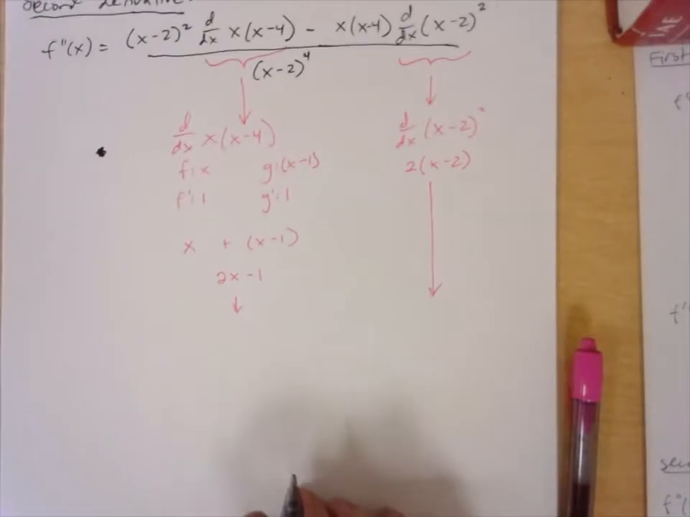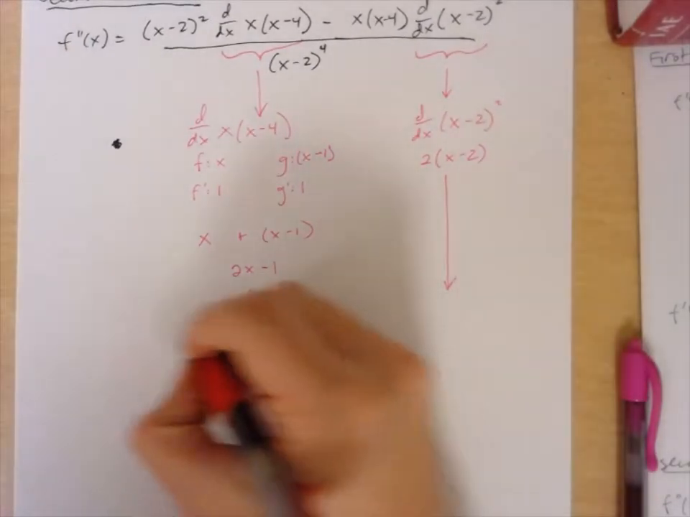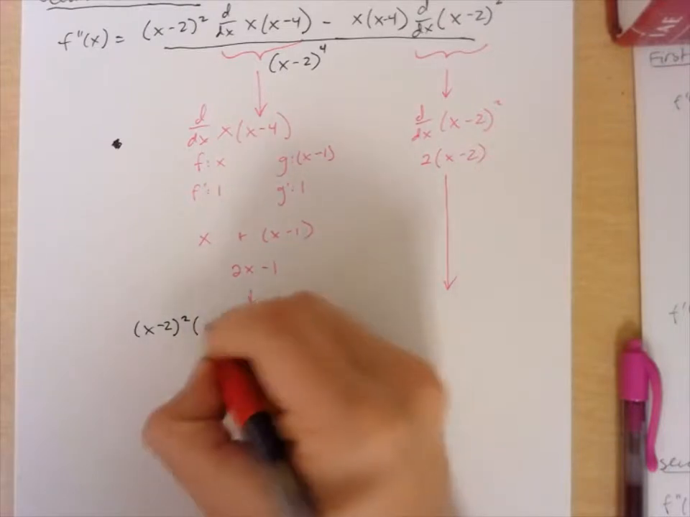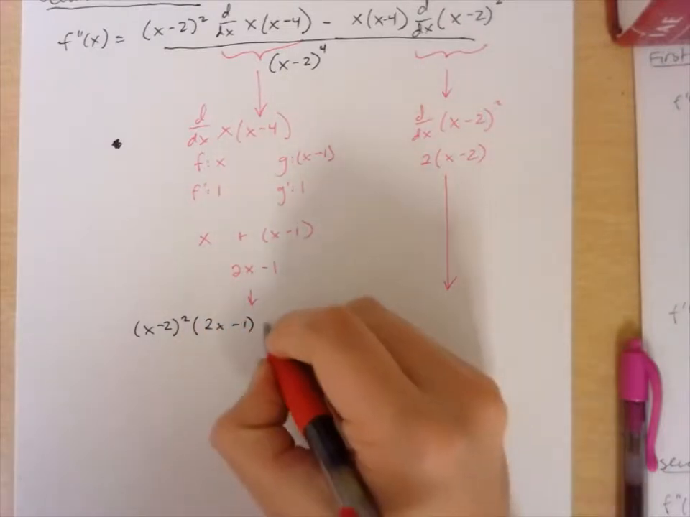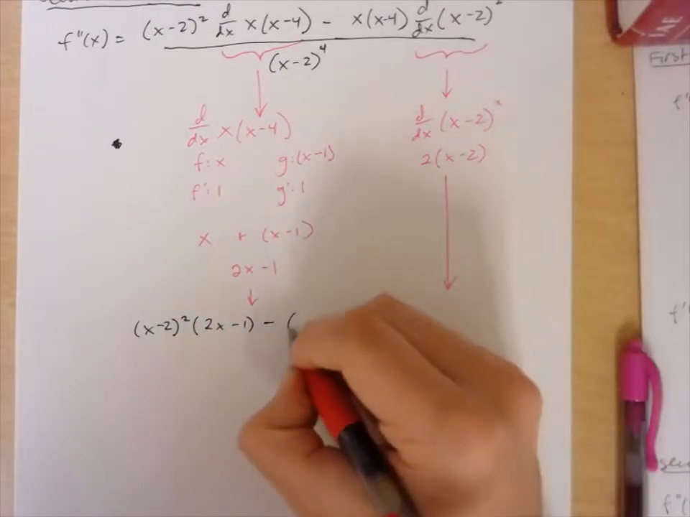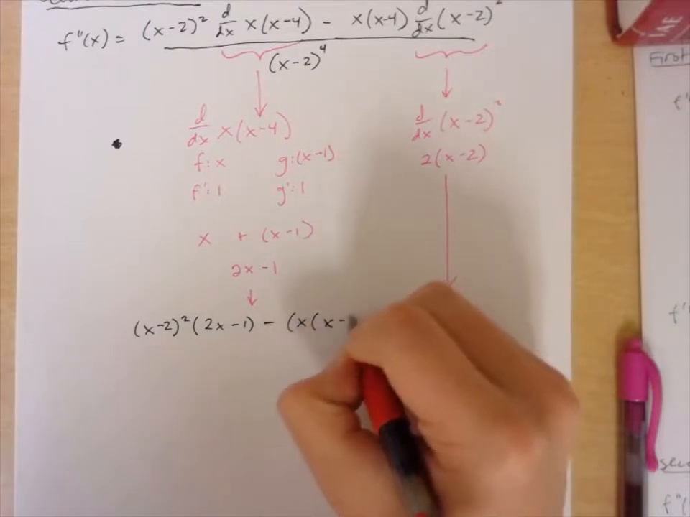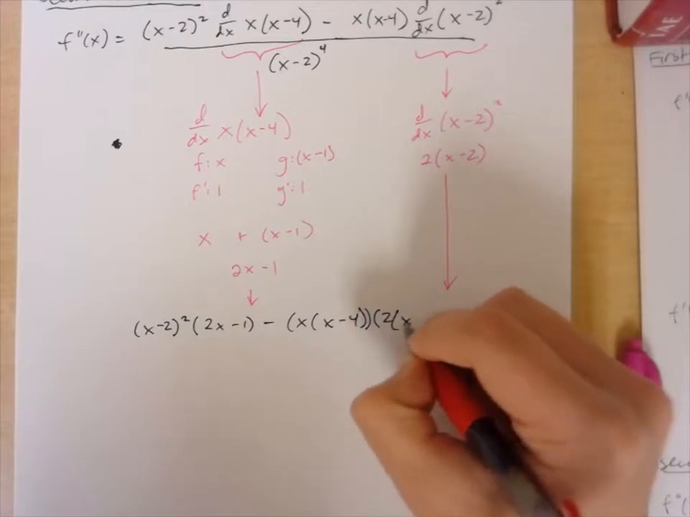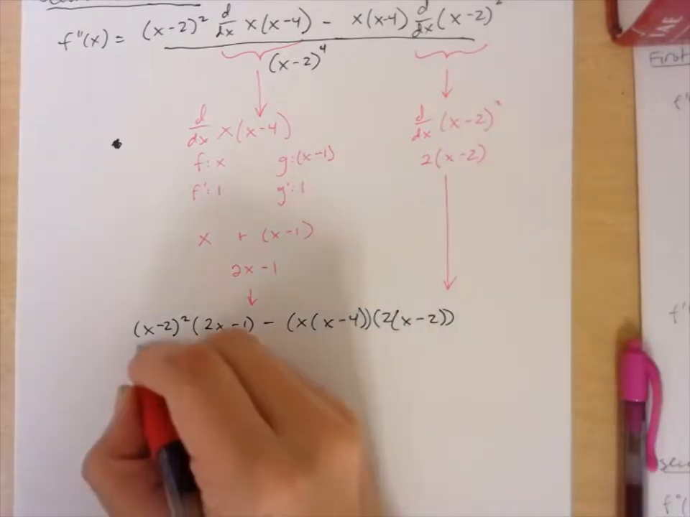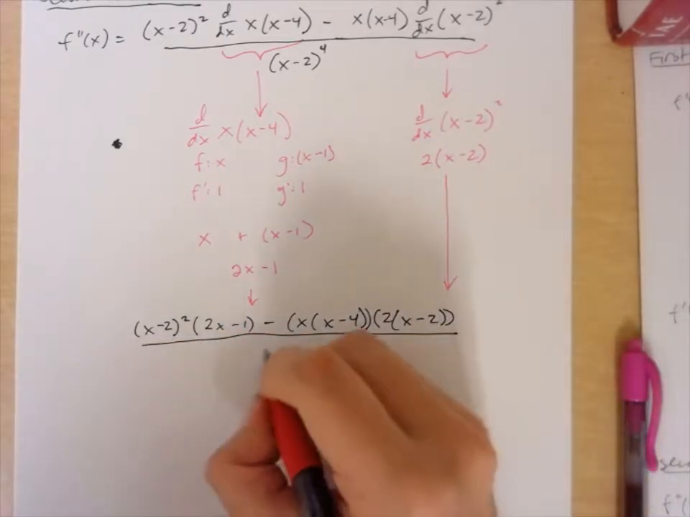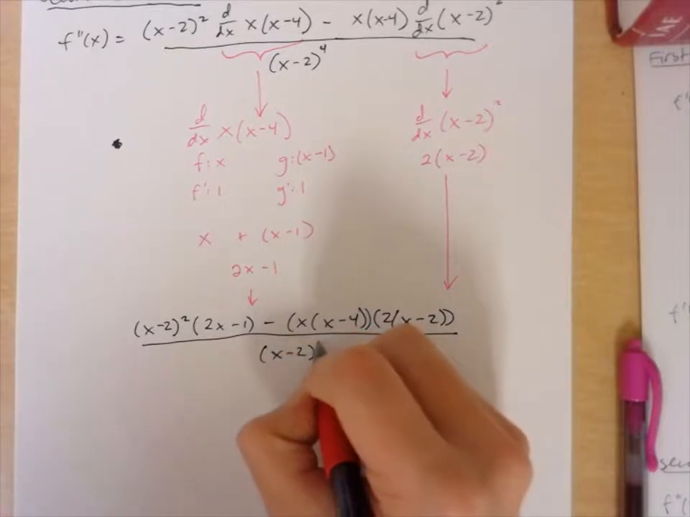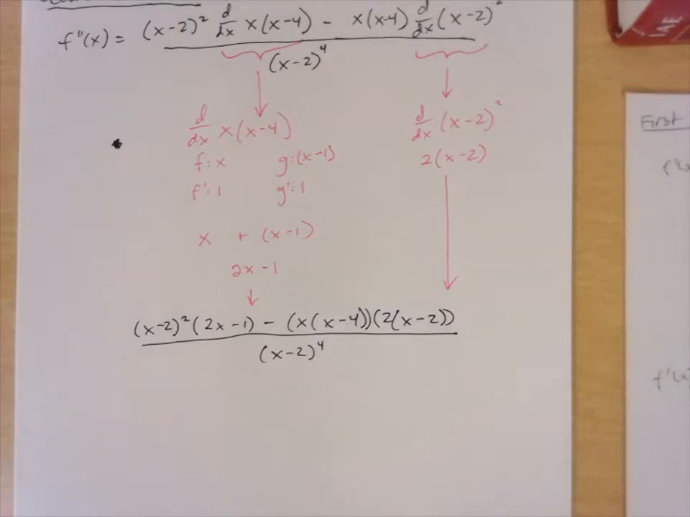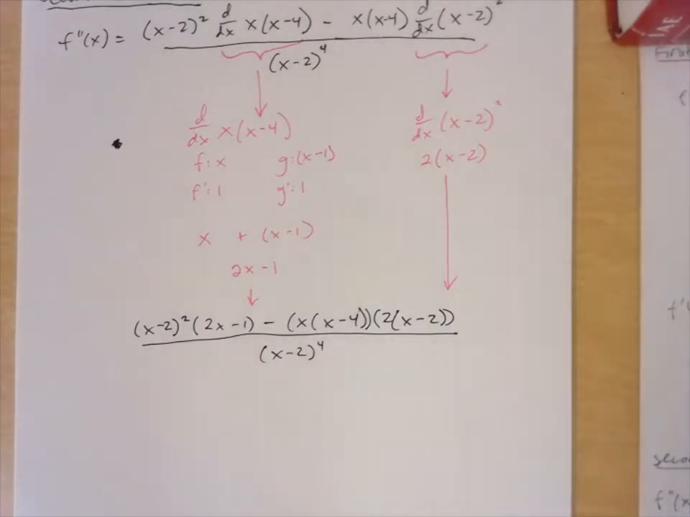So we're going to write everything out again. (x minus 2) squared, but now we're going to say it's times (2x minus 1), minus our x times (x minus 4) times 2 times (x minus 2). And we're going to put that all over our (x minus 2) to the 4th. All right. And now what we're going to get to do is